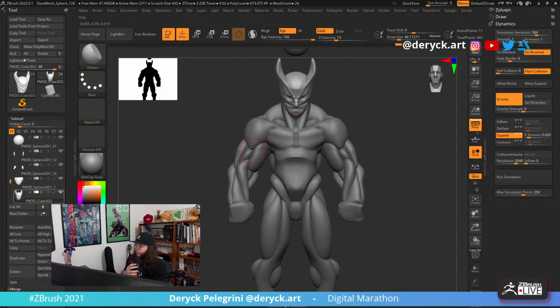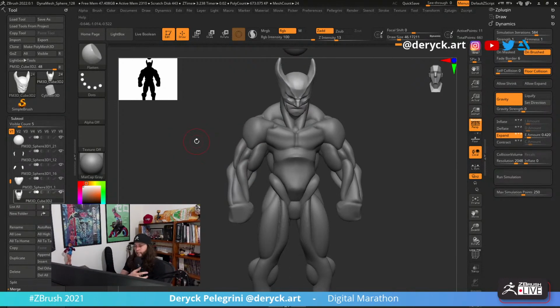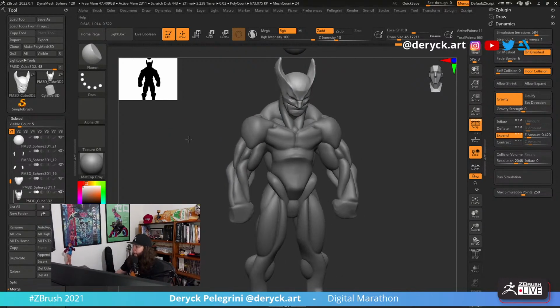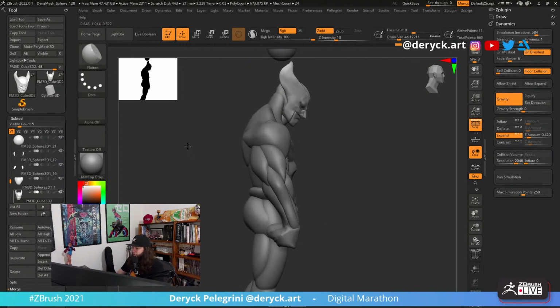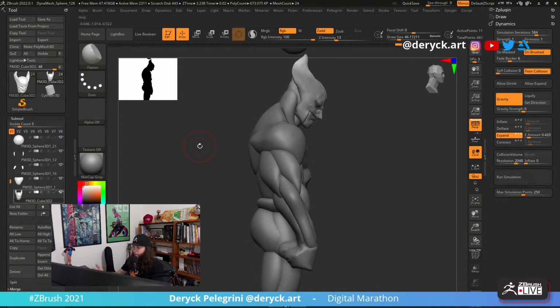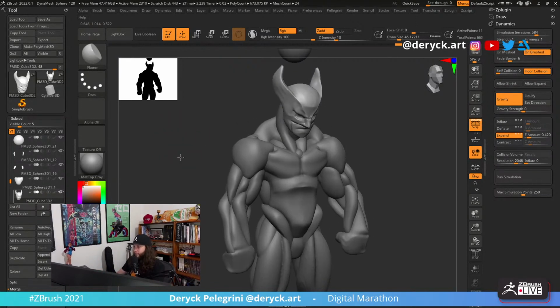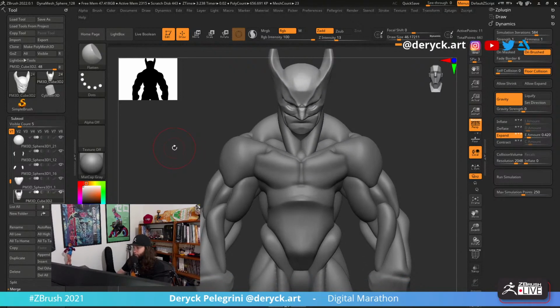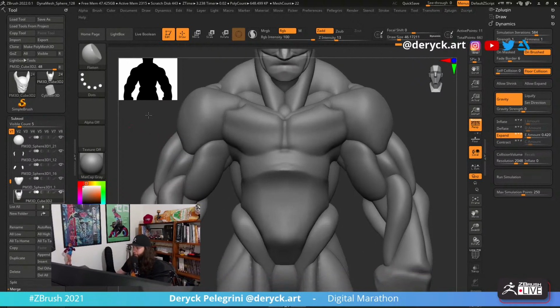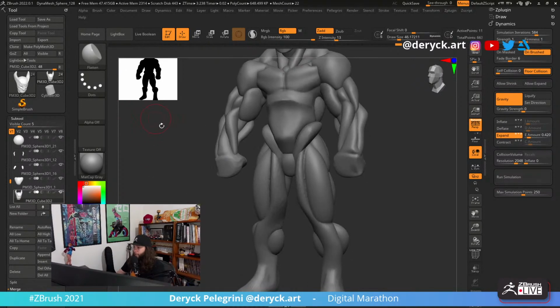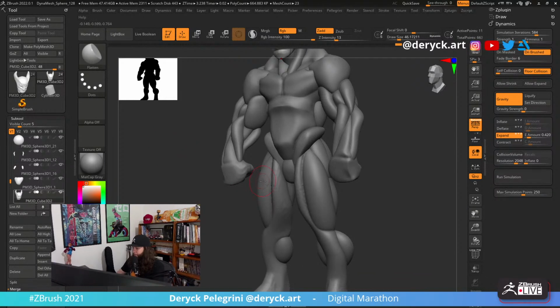Yeah, so I use a bunch of different render engines to render my work. I also use the Unreal Engine and Marmoset Toolbag as well. So yeah, definitely a bunch of different engines.